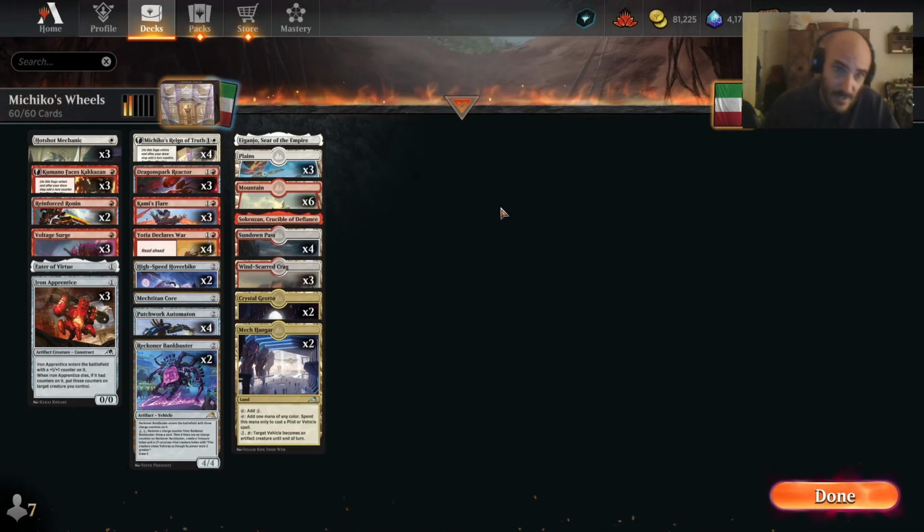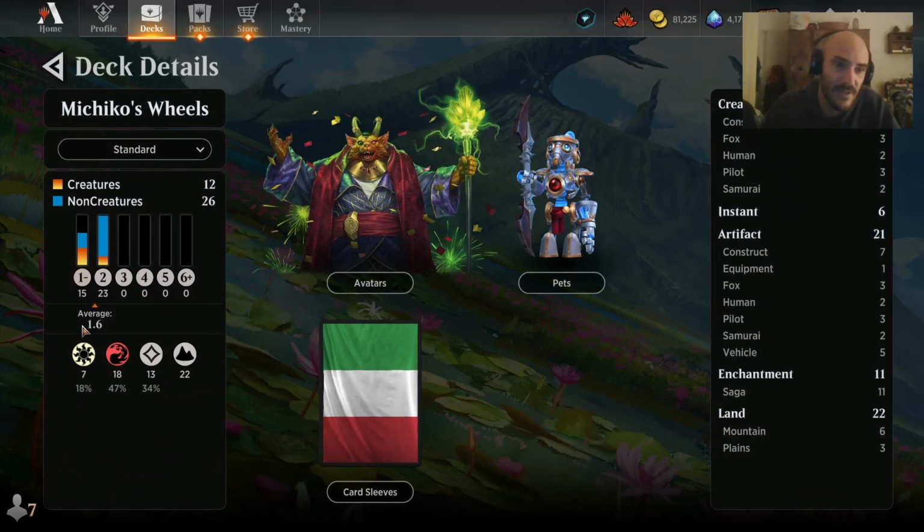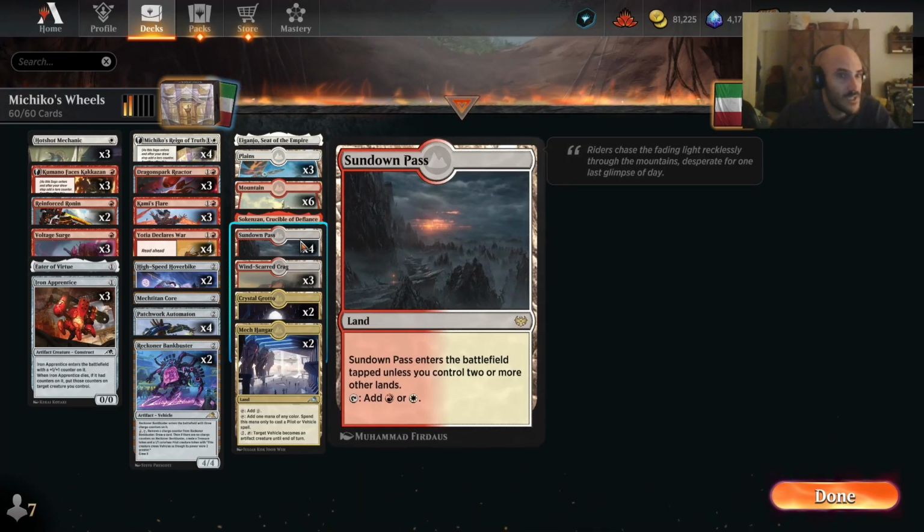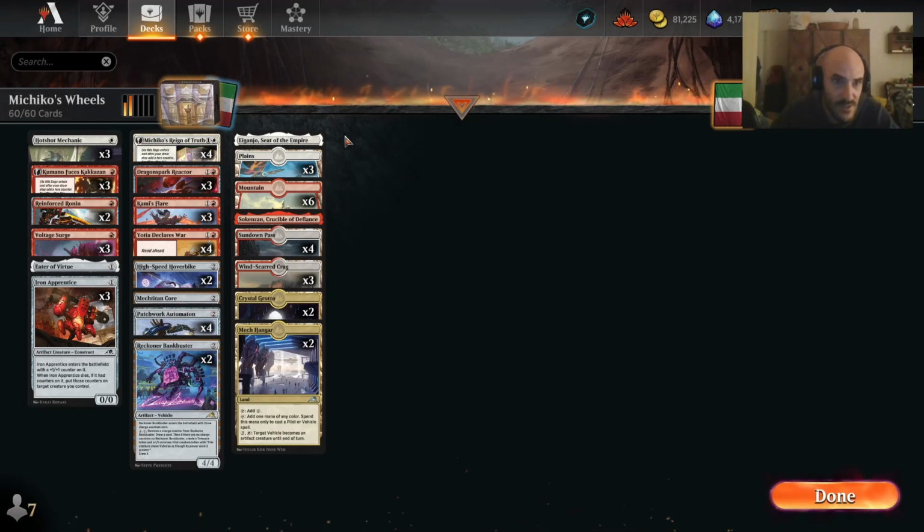So we've got plenty of artifacts and enchantments that are very cheap. We have an average of 1.6, which has allowed us to drop our lands down to 22. We may even be able to go down to 20. In testing, I had a few other versions. You could probably go down to 20 and put in a few more removal spells or what have you, but let's just test it like this for now and see how we do. So